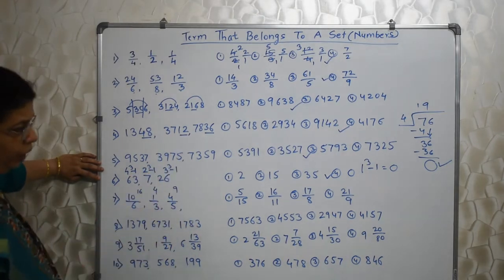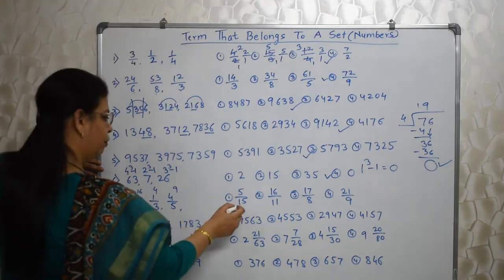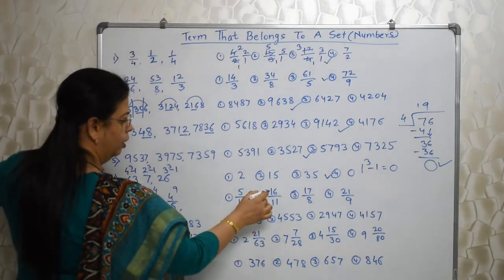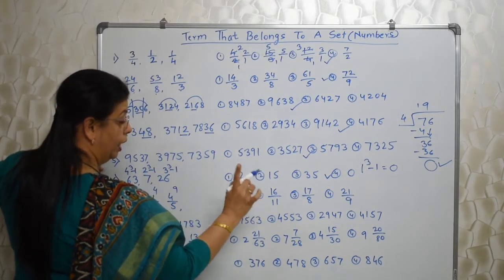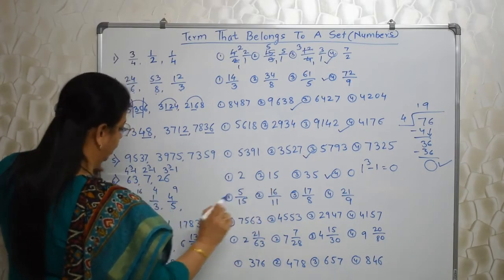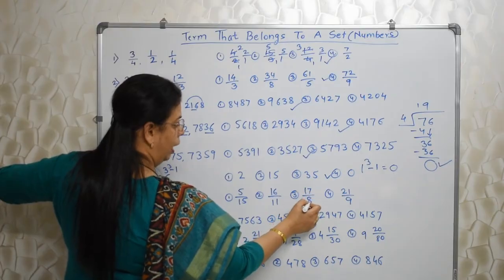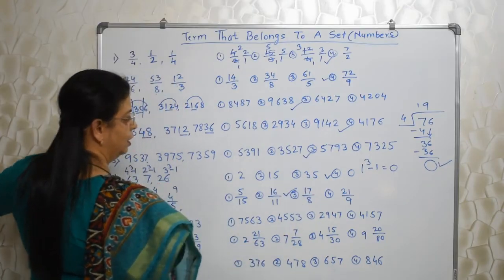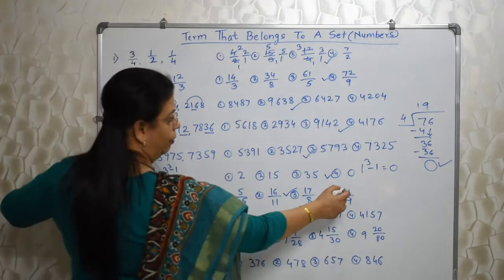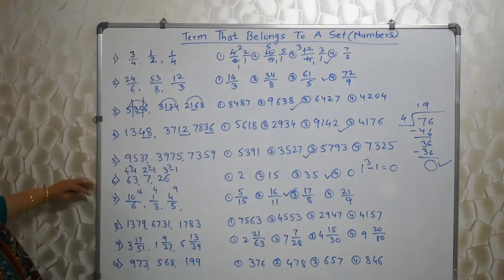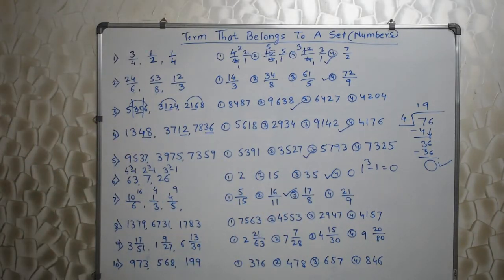तो देखो ऐसा कुछ है क्या? देखो 5 plus 15 is 20, नहीं है वो स्क्वायर. 27 स्क्वायर नहीं है, क्यूब है. इधर स्क्वायर है तो स्क्वायर ही फाइंड आउट करना है. 17 plus 8 is 25, yes, which is a square of 5. ये 21 plus 9 is 30, तो स्क्वायर है नहीं, तो third is the answer. So easy.